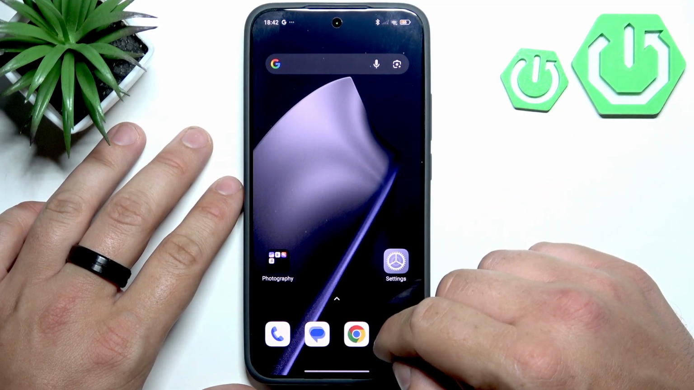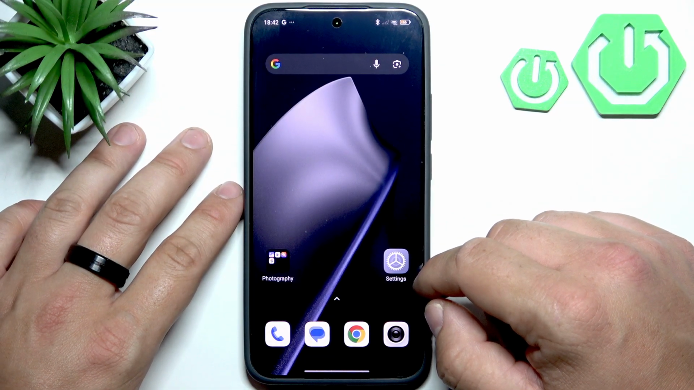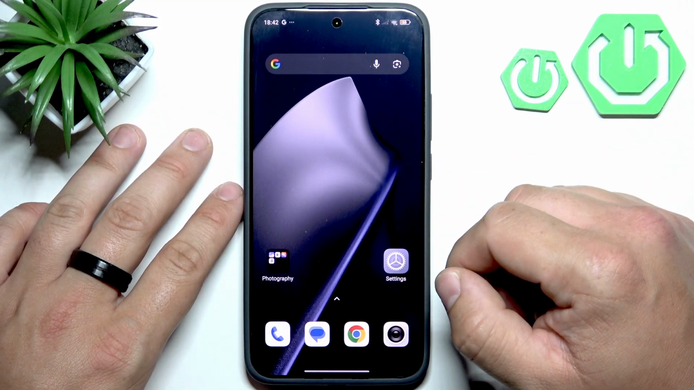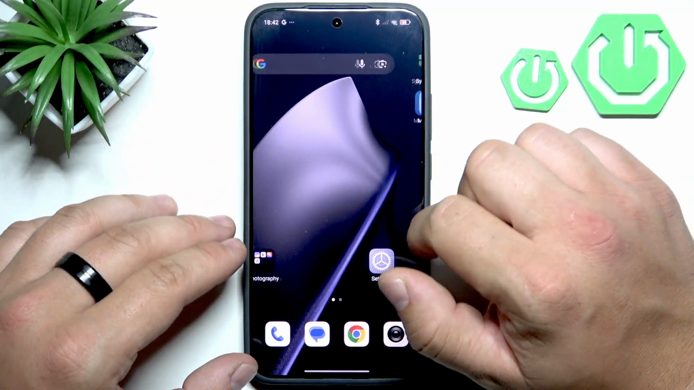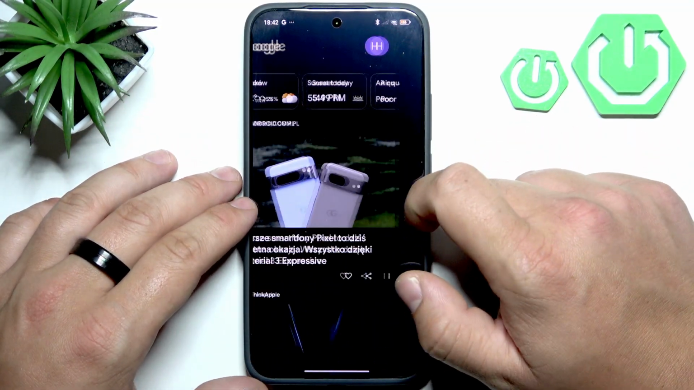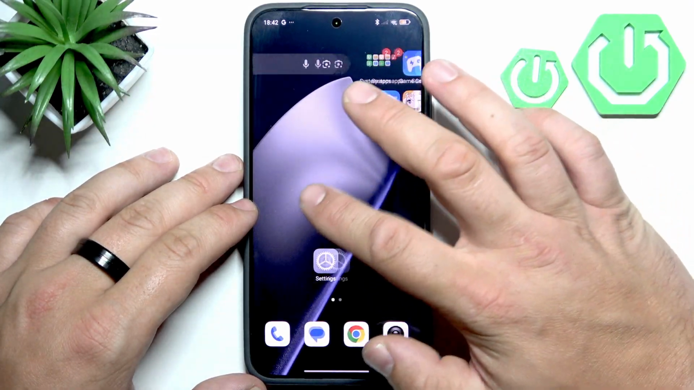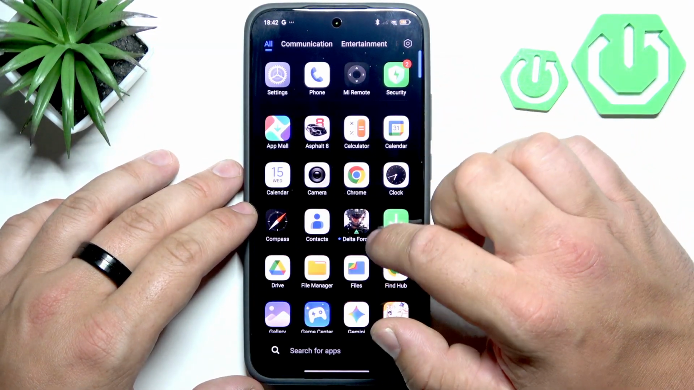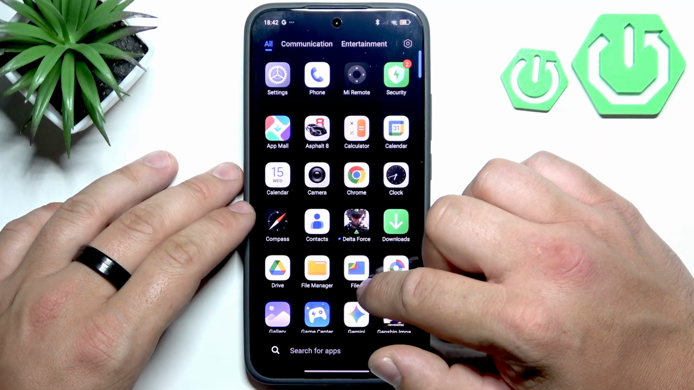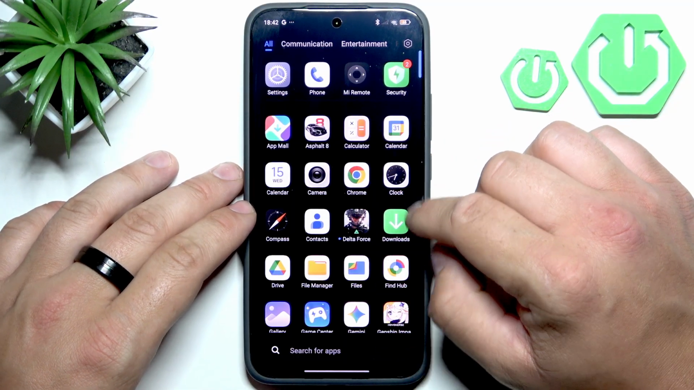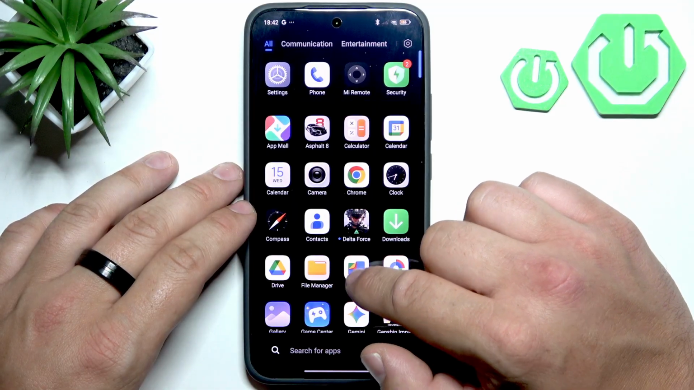Unfortunately, this smartphone does not support SD cards, so you can't transfer files to SD card. But it has USB-C charging port. To the USB-C charging port, you can connect external USB device like USB stick. If you want to transfer files to USB stick, simply go to Files app,